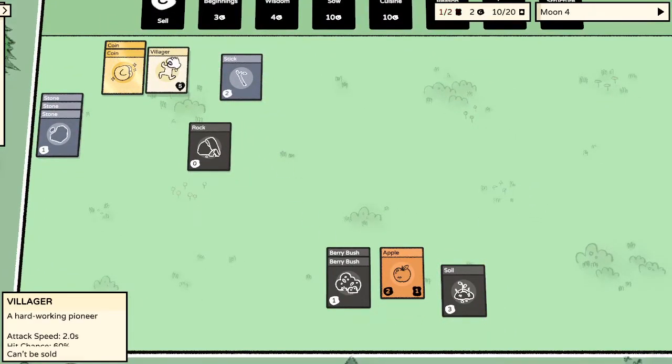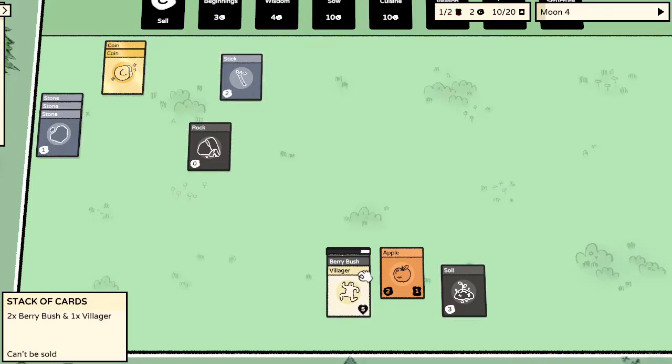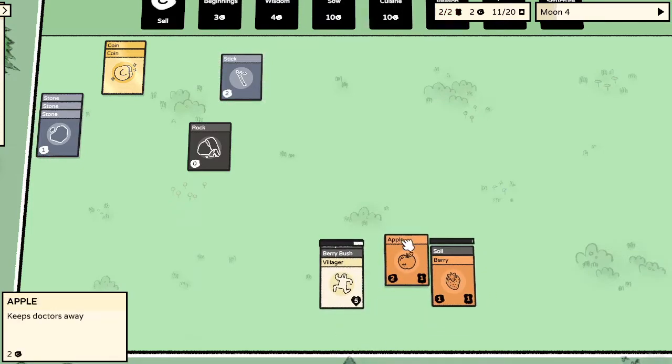So we better start working a little bit on the food. And you want to keep this soil going as much as possible because that takes a couple rounds to get a berry bush. So let's go ahead and harvest a berry. Let's drag it over there. And then that will create a berry bush. So we don't have to really worry about food for a while because we've got,